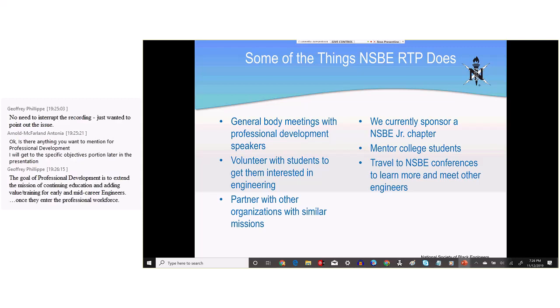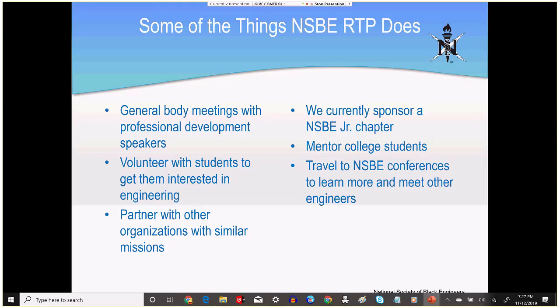We currently sponsor a NSBE Junior chapter. The way that works is it's often associated with a school, or it could be associated with a particular neighborhood. It's usually younger, pre-college students who want to learn more about engineering and technology, and they take it upon themselves to have a chapter and do activities to learn more.